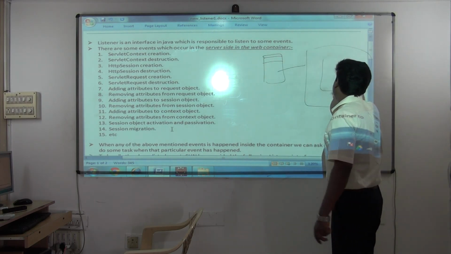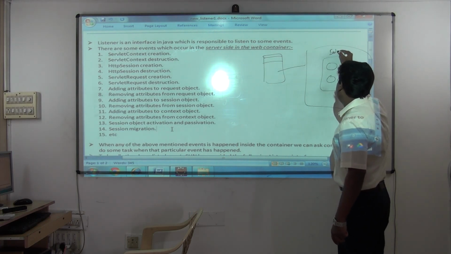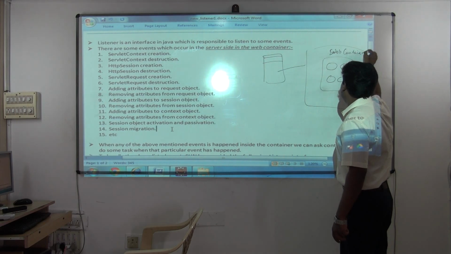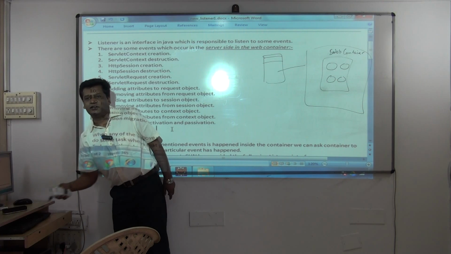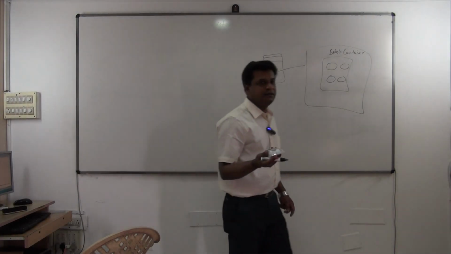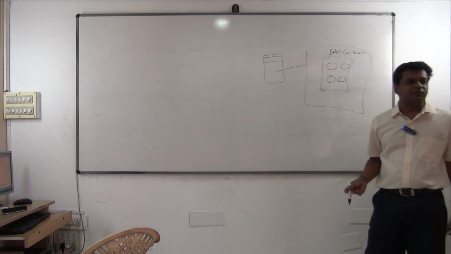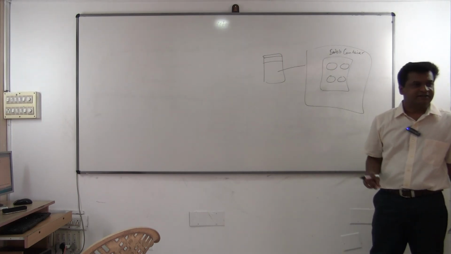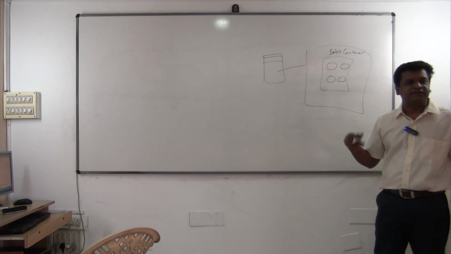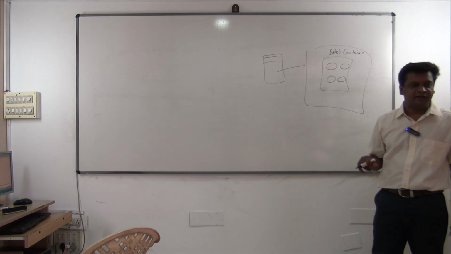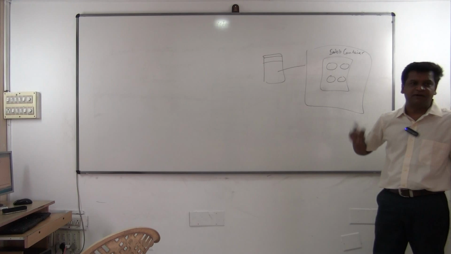See, this is the server. In the server, in the web container, you have session objects. When a request comes, the session object gets created. If it is a servlet, request.getSession. If it is JSP, it is created implicitly. So how many session objects will there be? It depends on the number of clients. Suppose 1000 clients have made the request and are using the application. Then 1000 session objects will be there.